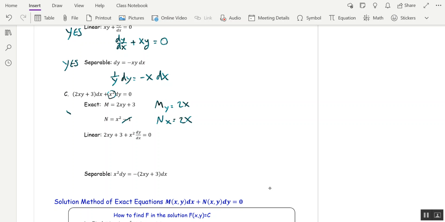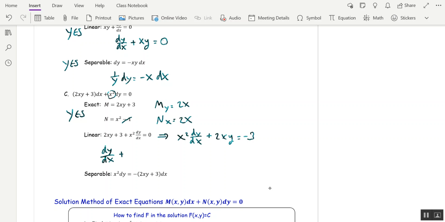So this is, yes. Is it linear? I would say yes. Let's move the 3 over. I'm going to put the x squared dy/dx first, and then plus 2xy equals negative 3. And now if I want it in standard form, I divide through by x squared, and I get dy/dx